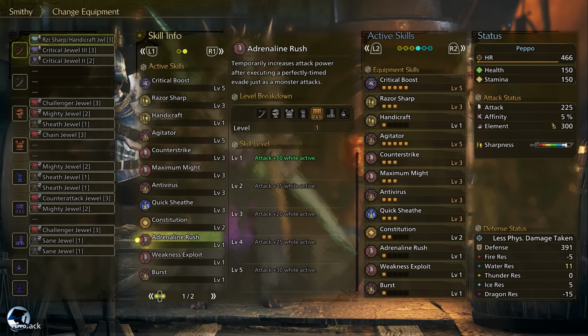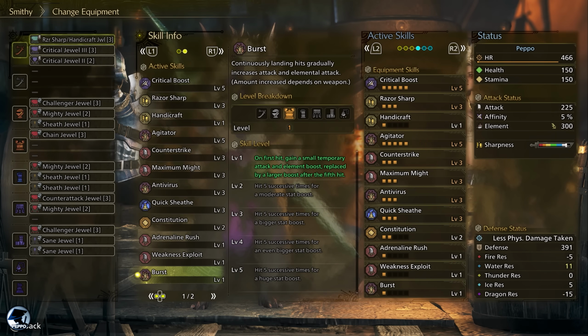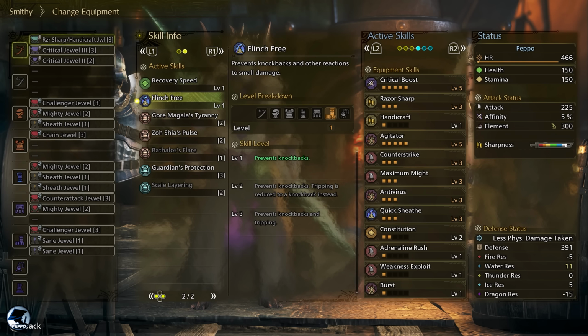Adrenaline Rush gives us 10 attack when we time a Force Slash, Weakness Exploit is 5% affinity more on a weak point, Bars is plus 5 attack and 50 element as soon as we land an attack, and after 4 more hits we gain an additional 3 attack and 10 element. Recovery Speed is an extra skill, Flinch Free is also an extra skill and it's good for multiplayer, and finally